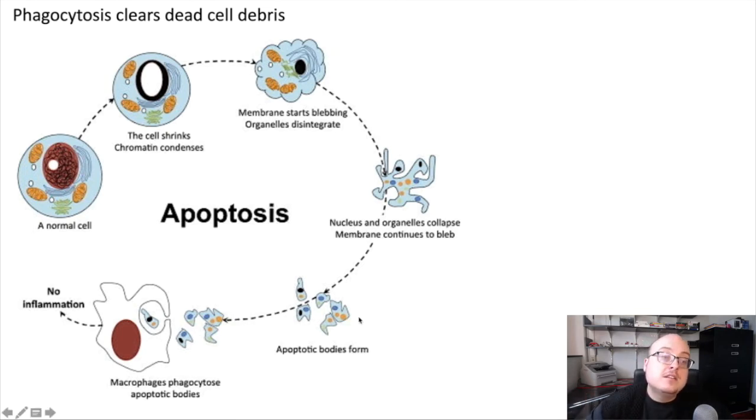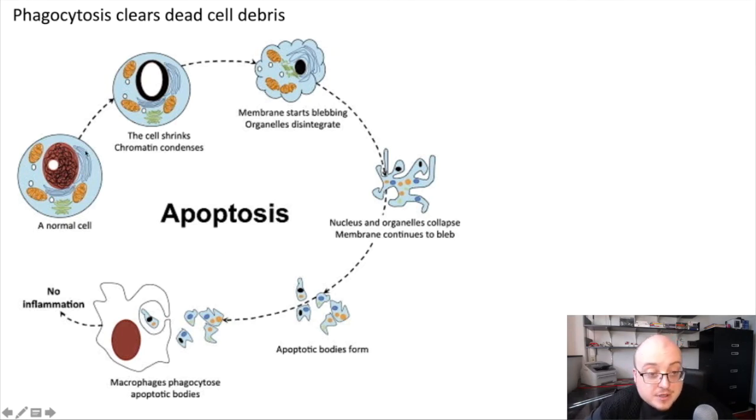So one of the major ways that cells die, which I'm sure you've seen in previous courses, is this process of apoptosis or apoptosis, if you will. Either is correct, but I'm going to say apoptosis. And in the process of apoptosis, the cell chooses to die in a programmed fashion. So sometimes we call this cellular suicide, cell programmed suicide.